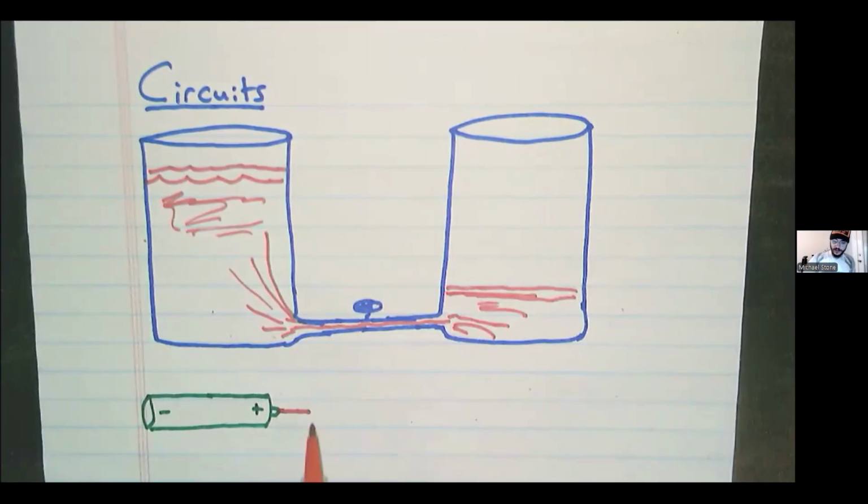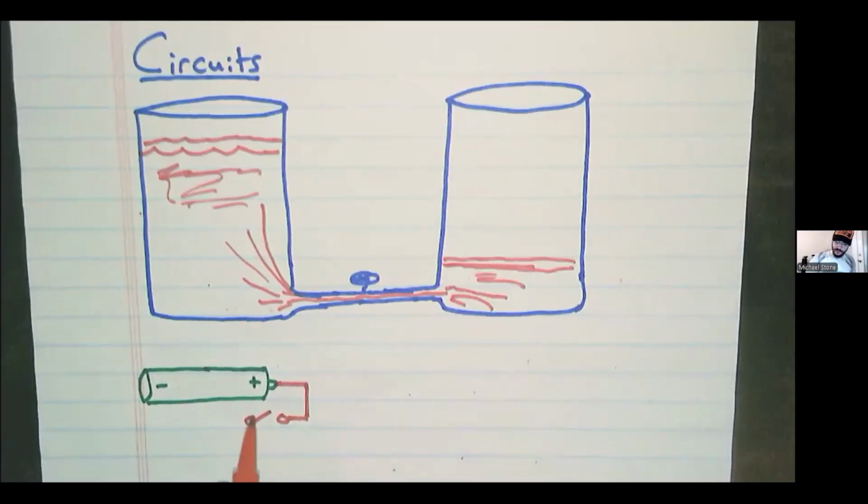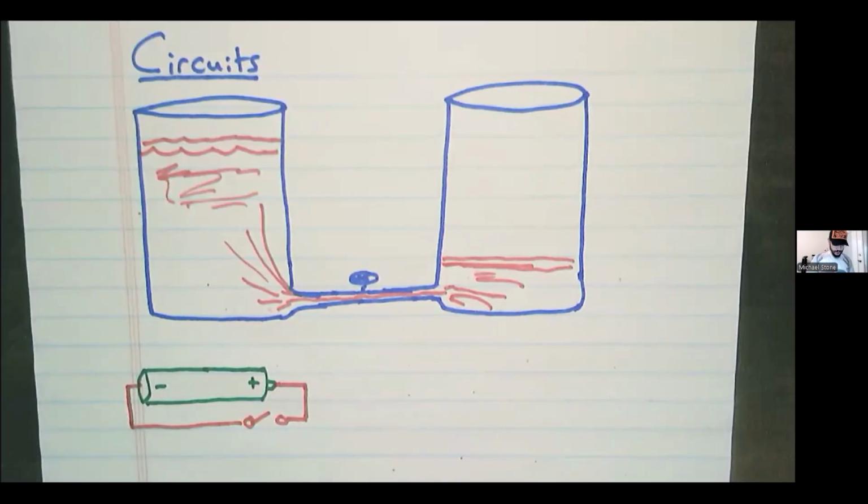You connect a wire to the positive terminal, to a switch, to the other side of the battery. Now, forgive me, I know it's not right, but let's use the Franklin convention. You've got all of these positives built up over here. That's why they call it the positive terminal. All of these positive charges repel each other, creating, very much like the water molecules beating on each other, you can think of it like a pressure.